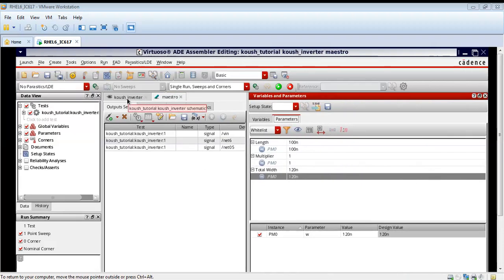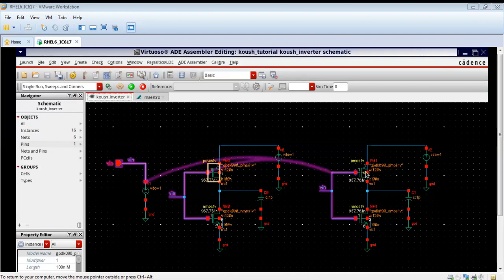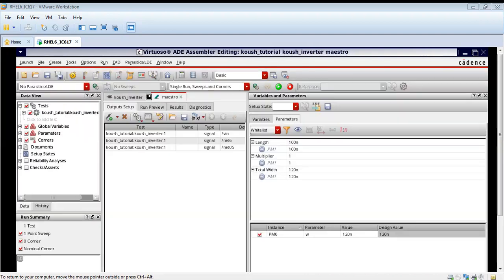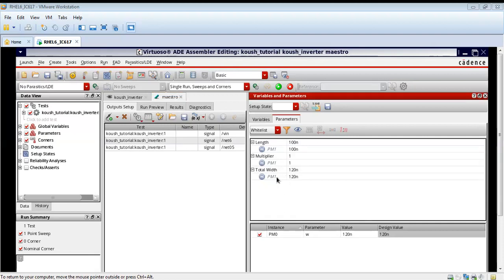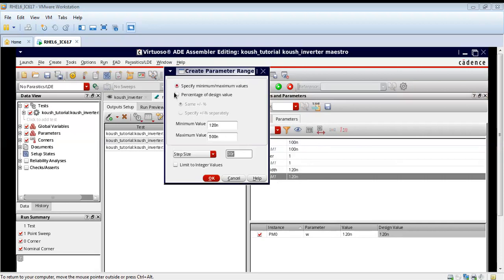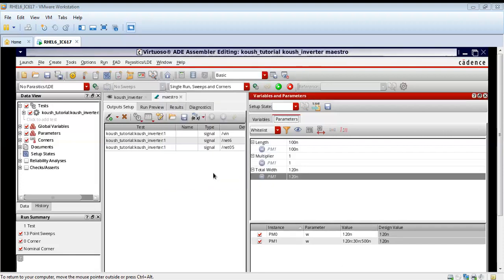Now I will select the width of the PMOS which I want to vary. So this is my inverter which I want to optimize. So I will select a wide range of width of the PMOS. As you can see, I have selected minimum value as 120 nanometer, maximum value as 500 nanometer, and with a step size of 30 nanometer.